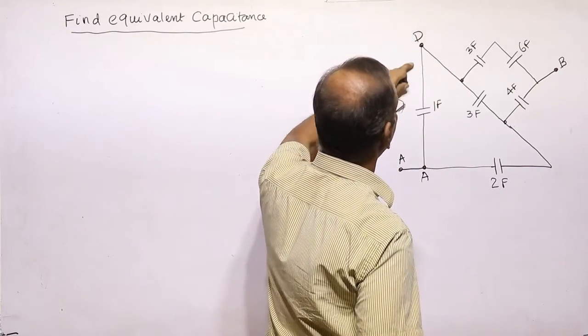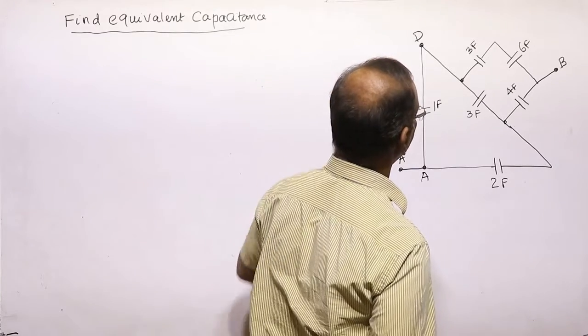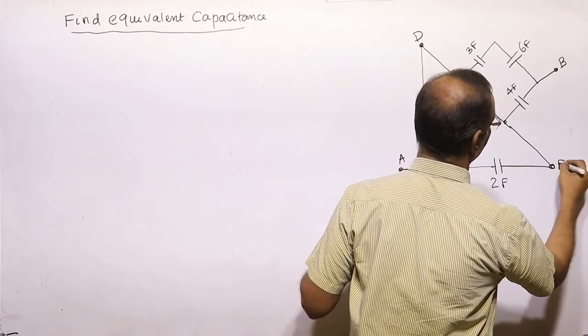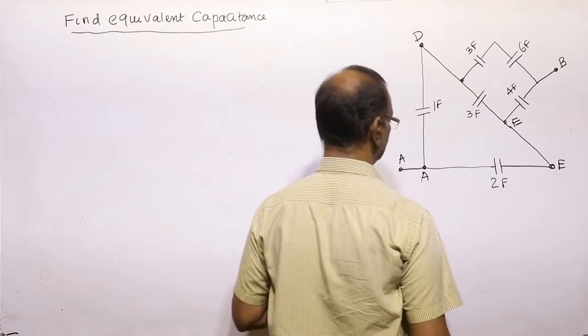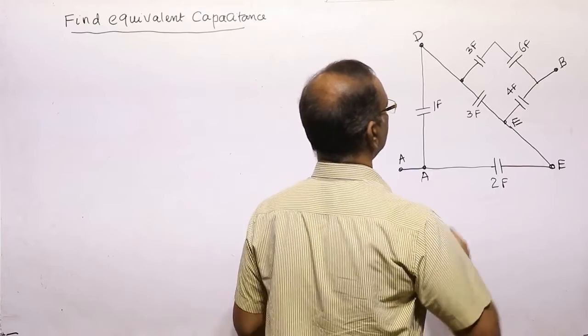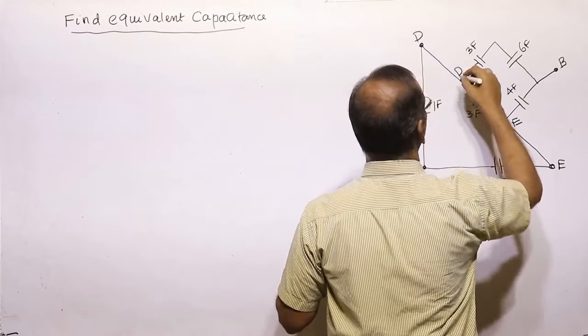So this same potential D, from here it is potential B D. Then here we call this point E. Since it is a connected wire, this point is also E. Any other point? Now let us see, and this is B. So this is D because it is a wire only.